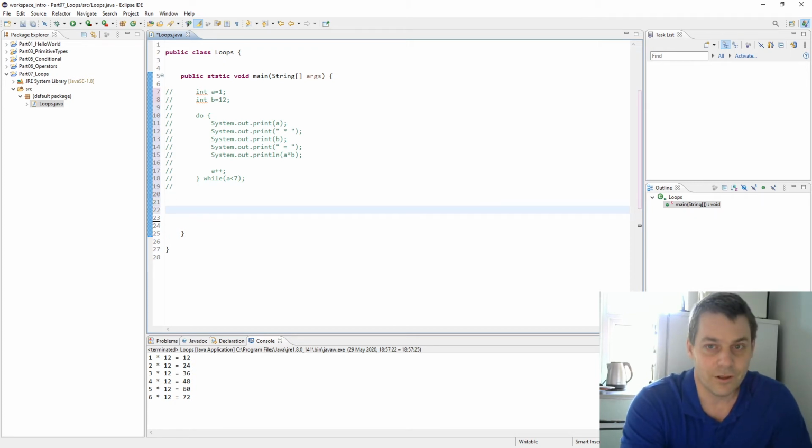So the third loop is a for loop. Now there is a new type of for loop in modern Java, but we're going to look at the original for loop, where we say for, and then in brackets we have an initialization condition. So let's say our initialization condition could be int a equals 1,